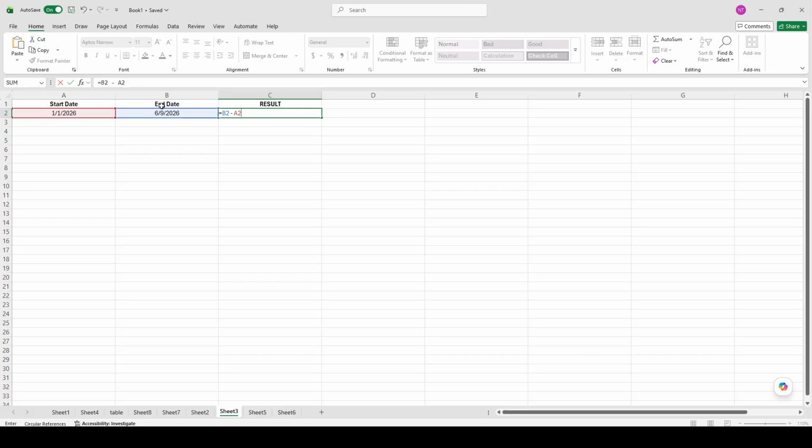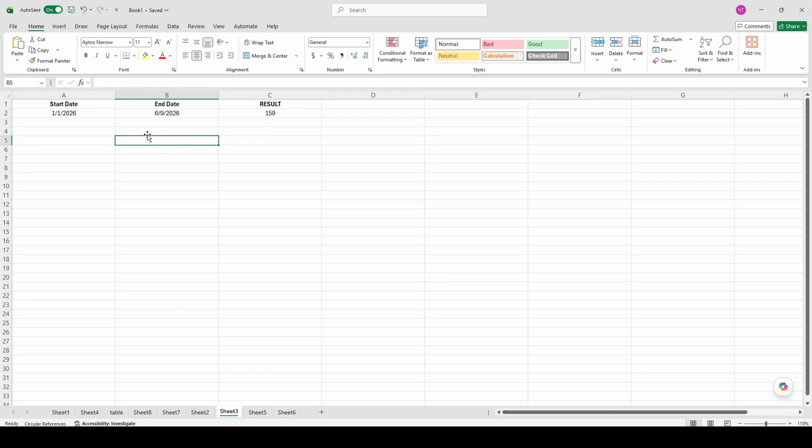As soon as you press enter, Excel will subtract the start date from the end date and return the number of days between those two dates. In this example, the result will show the difference in days from January 1st, 2026 to June 9th, 2026. Excel handles dates as serial numbers behind the scenes, so subtracting one date from another gives you the day difference